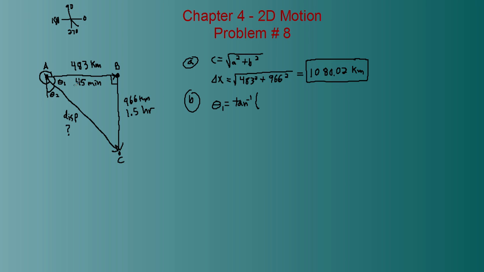So opposite of theta 1 is 966 over 483. Right, we got to do tan inverse to solve for the angle. In case you forgot your trig. Holy cow, that was a good equal sign for using a tablet. Anyway,